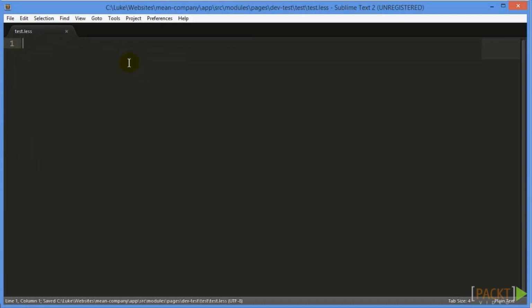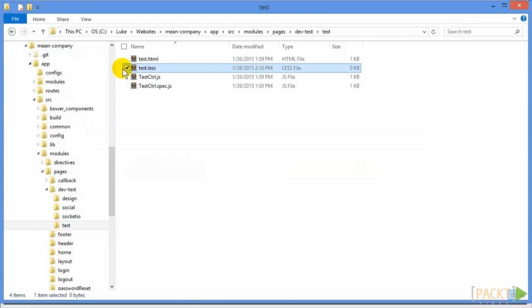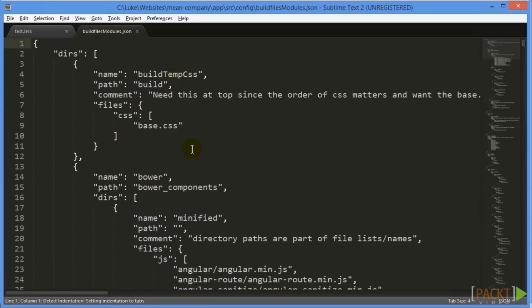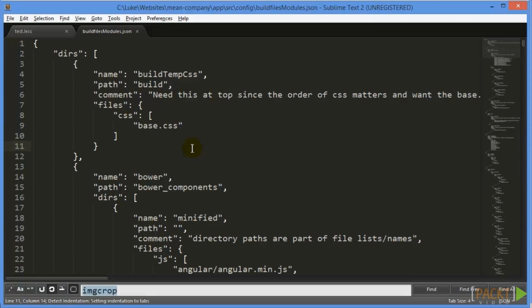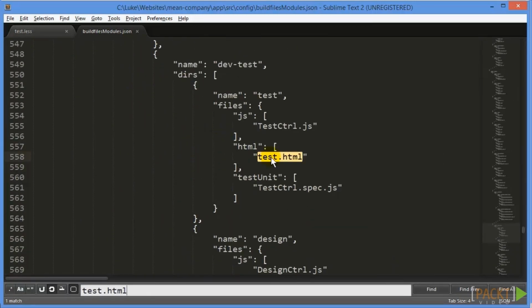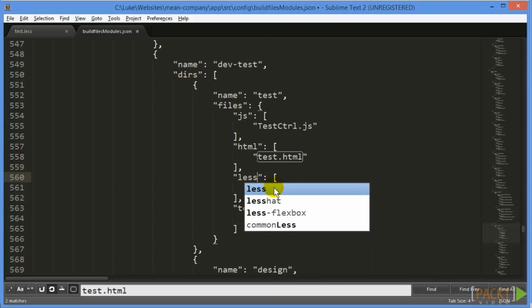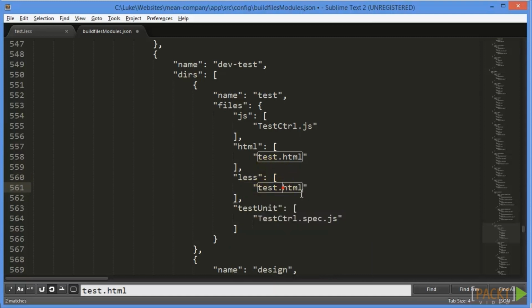One thing we'll need to do is include this new file we created, and the way we do that is in build files, which we will go over a little bit more later, but in config there is this build files modules.json, and this basically tells us all of our files that we have. So if we search for test.html, we see we have the 3 files we just looked at in that folder there, and we just need to make a new entry for our less file that we just created. So we'll just call it less, because that's the type of file it is, and our file we called test.less. And if we save that and then rerun grunt,